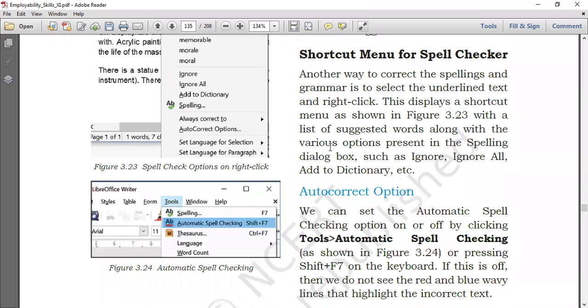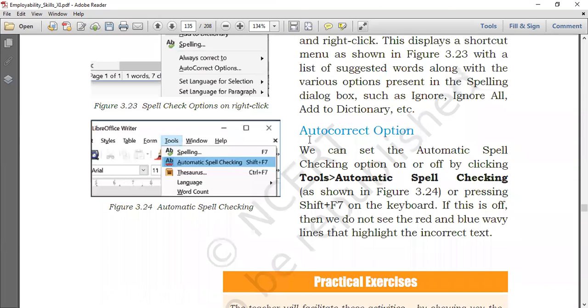Shortcut menu is this right click and then autocorrect option. Autocorrect option is like if you want to put up certain words which you want to be corrected automatically in future, so you can put up some of your words in the dictionary yourself. So for that,